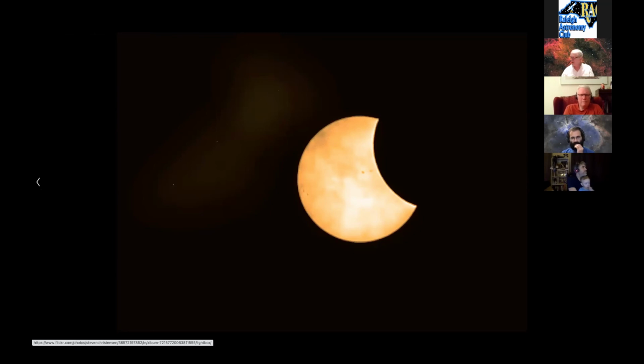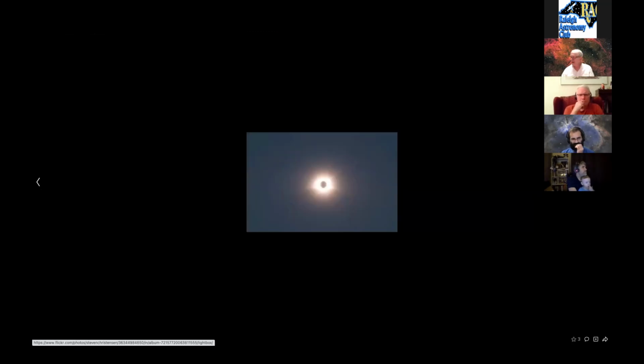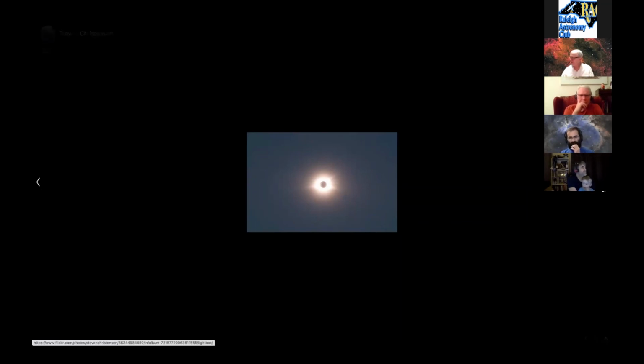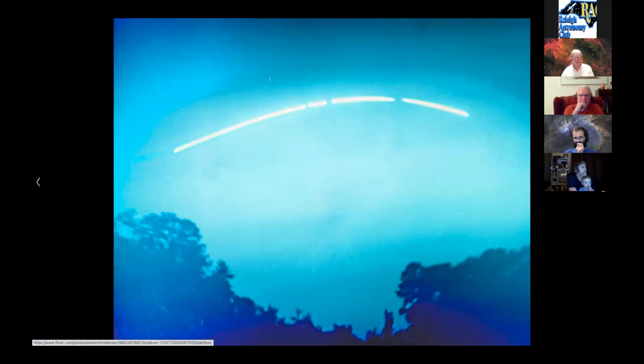Oh, okay. Well, it's a camera, or a camera lens, not a telescope. Okay. Well, yeah. And then there's again, but you can see one of the stars sitting next to the sun there in that one. And then this is done with a